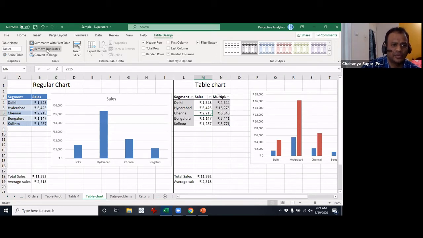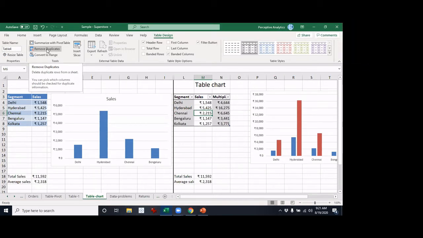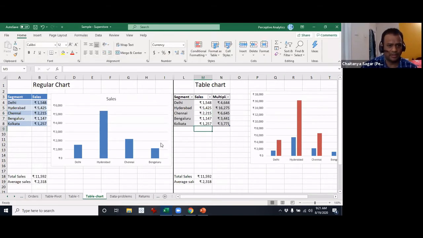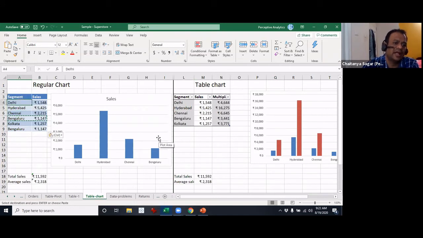Yes, you also have what's called remove duplicates. Has anyone used remove duplicates before? Yes, okay. It's useful when you have, let's say, for example, I will do that over here, and you don't necessarily have to do it here. There is another way of doing it also. For example, let me just do this for you. You take Bengaluru, right? So I have copy pasted that, and right now you want to remove duplicates, okay?